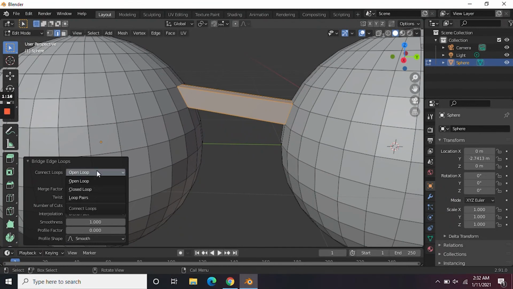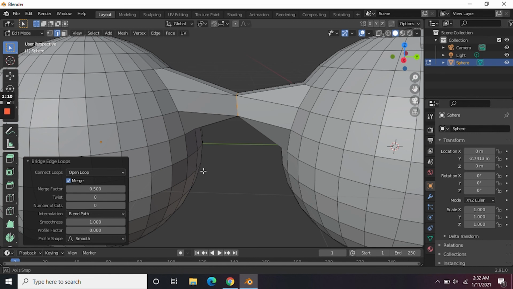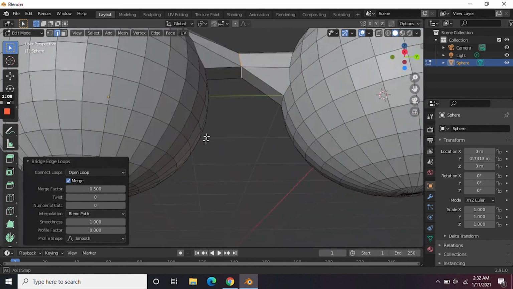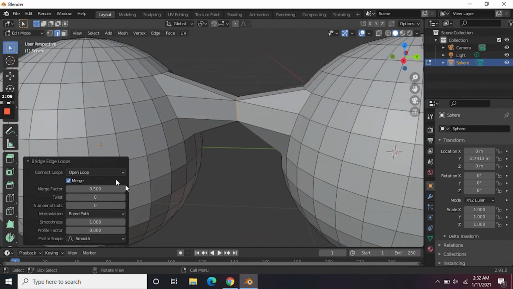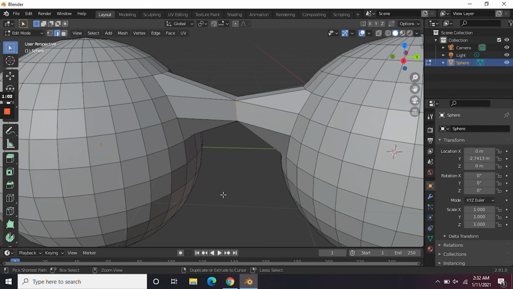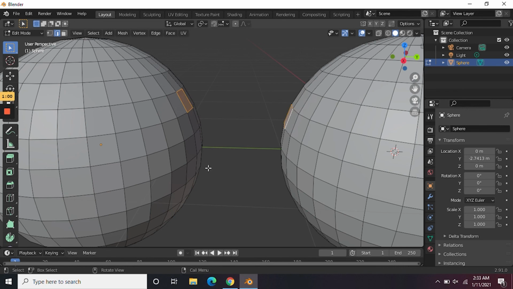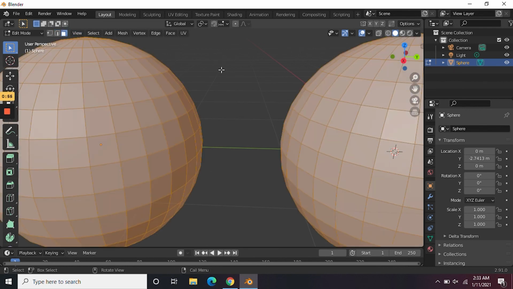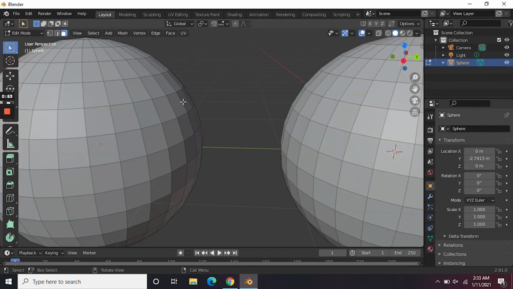And if we want to try some more of our options here, we can look at some of these. If I click merge, you see a different result. And I'll leave it to you to mess with that a little bit more. I'm going to back out of that and instead go to face selection mode. I'm going to deselect everything. Choose a face on one, choose a face on the other, right click,